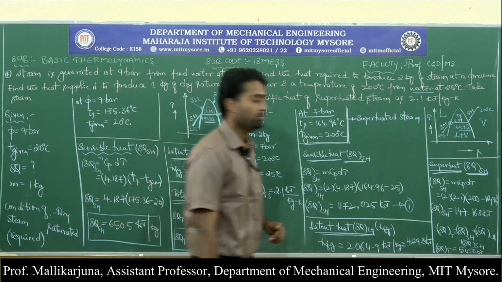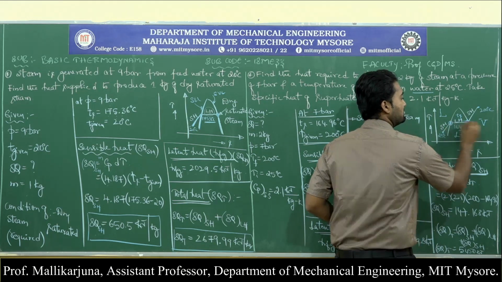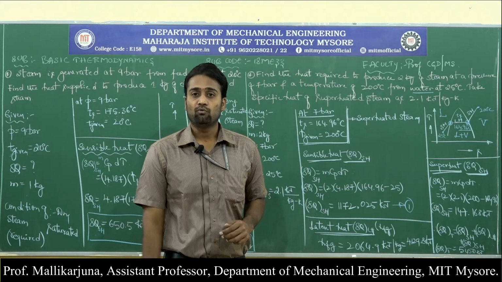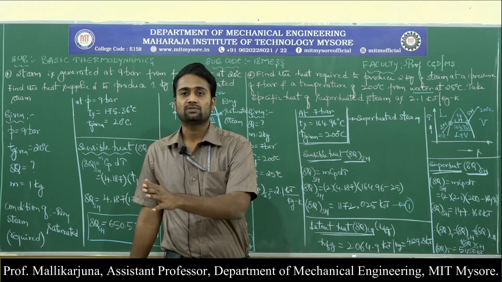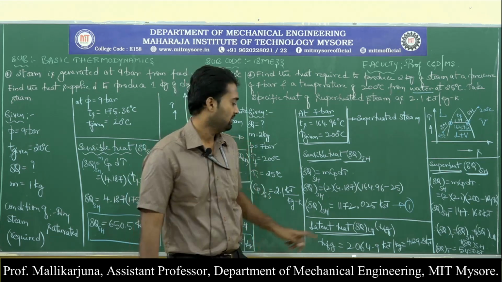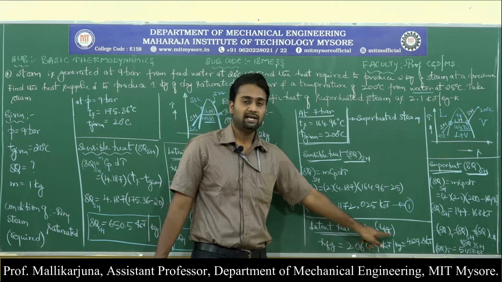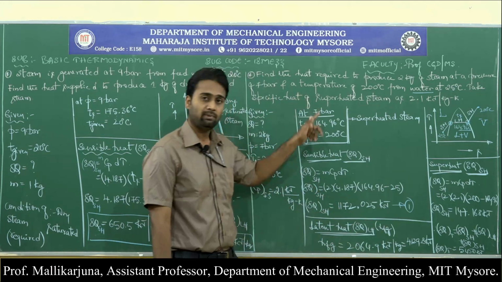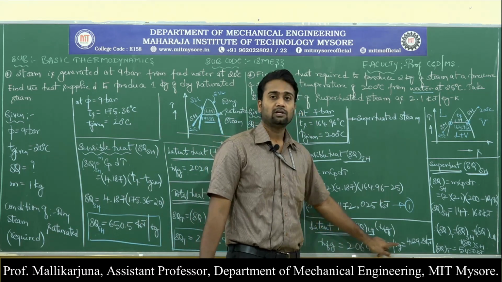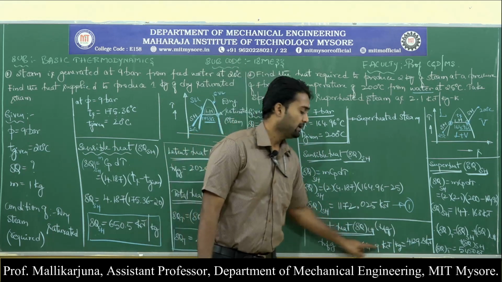Next, latent heat. What do you mean by latent heat? Latent heat is nothing but the amount of heat supplied to the substance to convert saturated liquid into its saturated vapor condition. Complete conversion of saturated liquid into saturated vapor. Make sure it is dry saturated vapor. That has been directly extracted from the data handbook, which is nothing but hfg. At 7 bar pressure, hfg is 2064.9 kilojoules per kg. For 1 kg of steam, this is the latent heat.